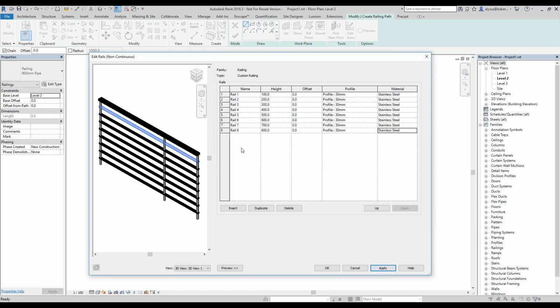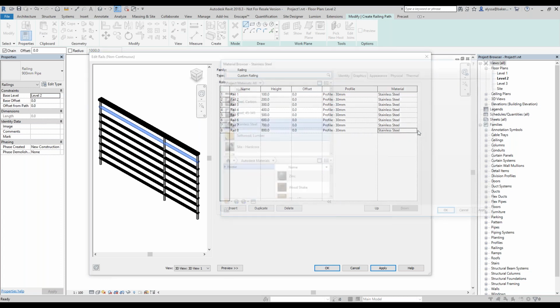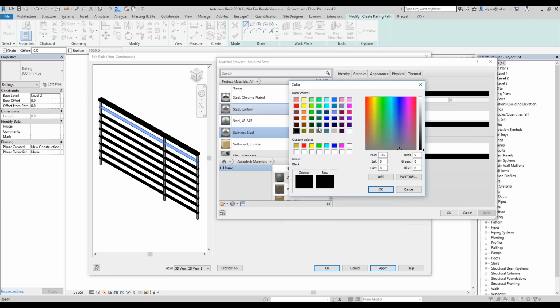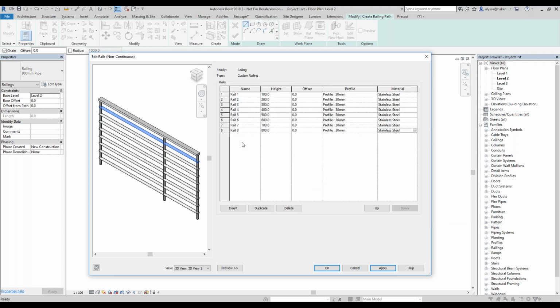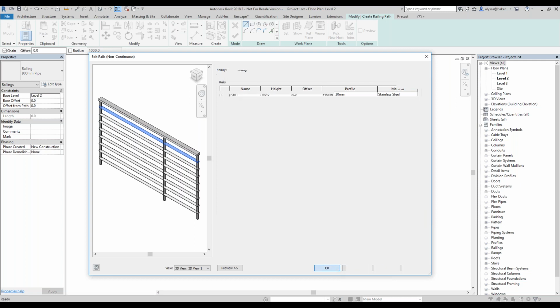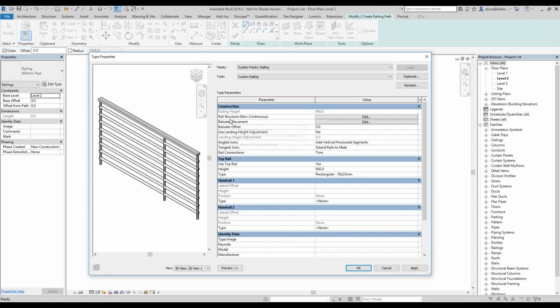Okay, apply, and see that on the side. Okay, but the balusters are kind of looking a bit out of it, hey, and this black color is not doing it for me. So I'm just going to change the color. There we go. All right, so if I click OK, because I'm done with the structure of it,